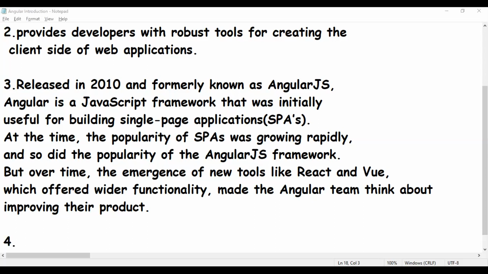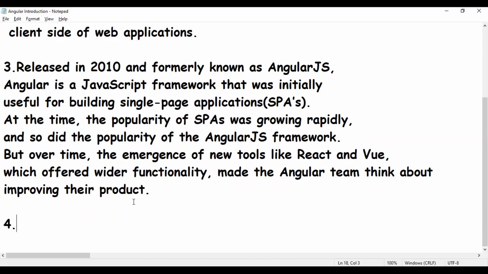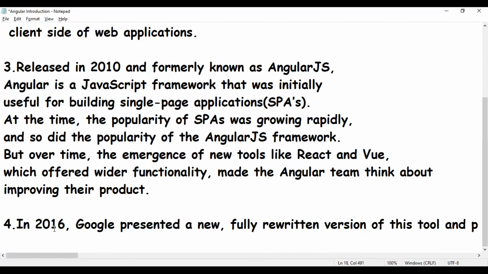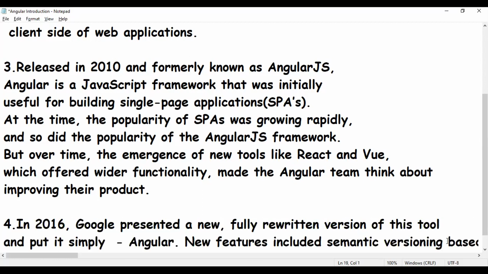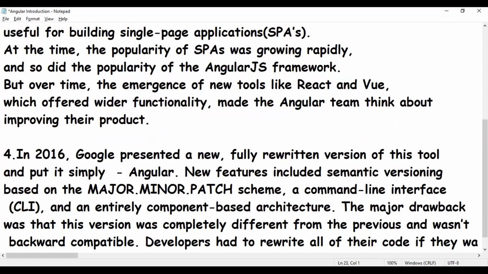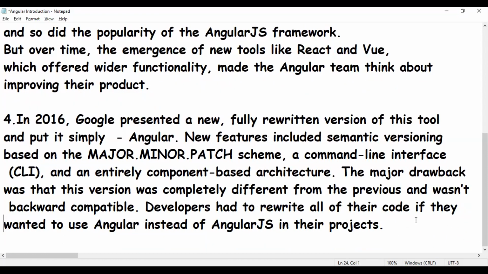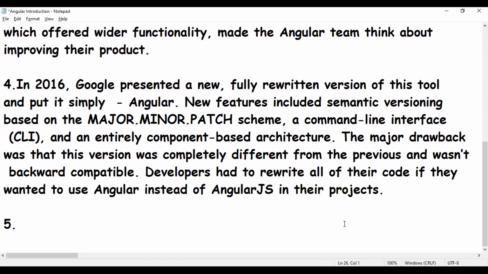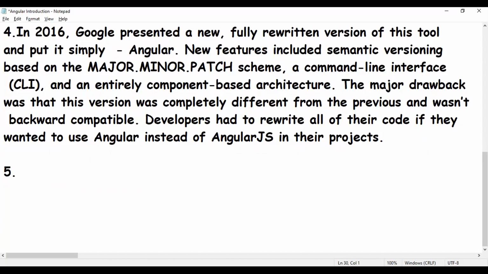Let me just keep that point here. Sorry for the time it is taking to keep it in this window itself. Okay, this is the fourth point that we have discussed. And what about the fifth point?